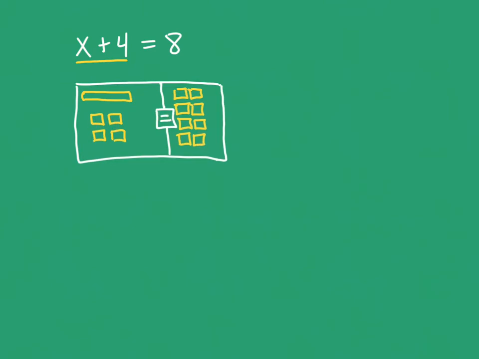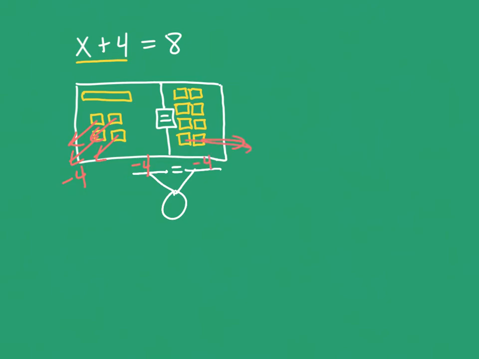Okay, now in order to solve it, remember my goal is always to isolate the variable by himself. He does not like sharing his land with anything else. Isolate him by himself. So how can I get x all by himself? Well, I could take these 4 off there. Subtract 4 to get rid of them. But remember, think about this whole equation always like a scale, and it's got to keep balanced. So if I took 4 off of this side of the equation, in order to keep it balanced, I must take 4 off of this side of the equation.